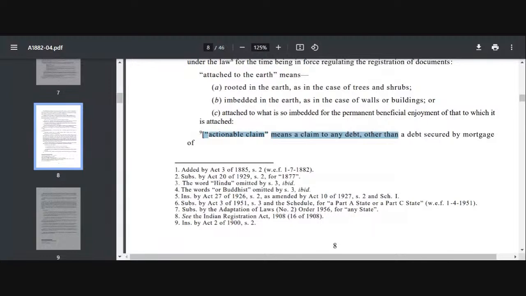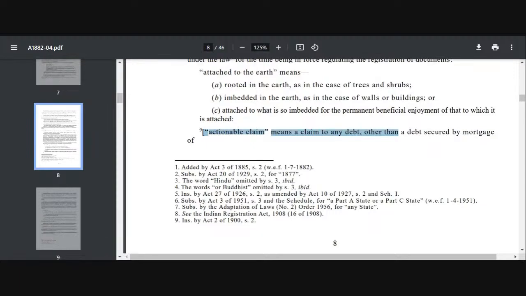So for example, if I am selling you 50 bags of wheat, but you have not taken it yet, the bags of wheat are still in my godown, you tell me that you'll take it after an hour, so you will have a right to take possession of the bags of wheat from my godown, and that is your actionable claim, your claim to the beneficial interest. Okay, so this is an actionable claim which cannot be seen. Like you have a claim for rent from your tenant, you have a claim for money due under an insurance policy, all these are actionable claims.